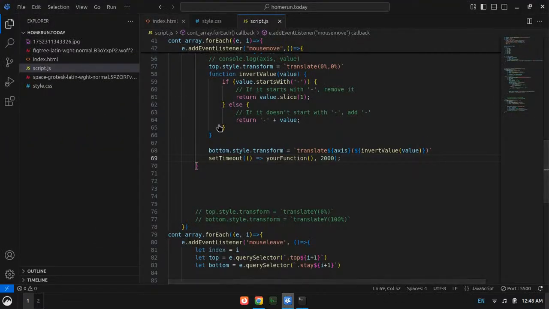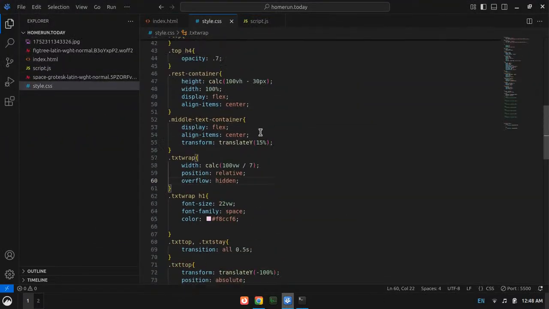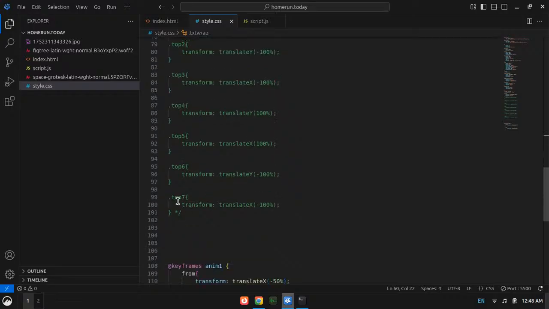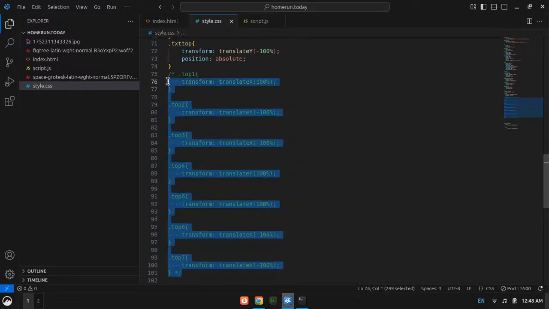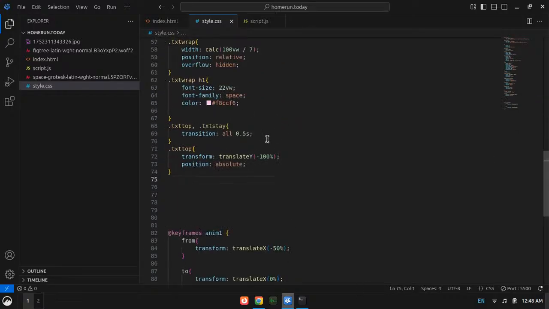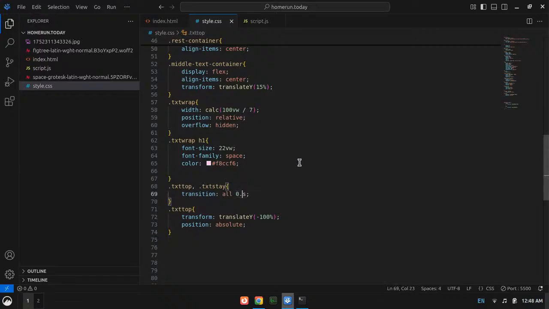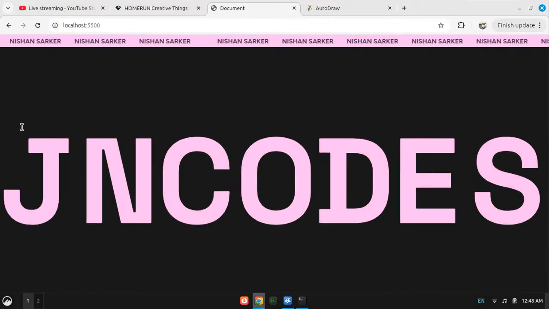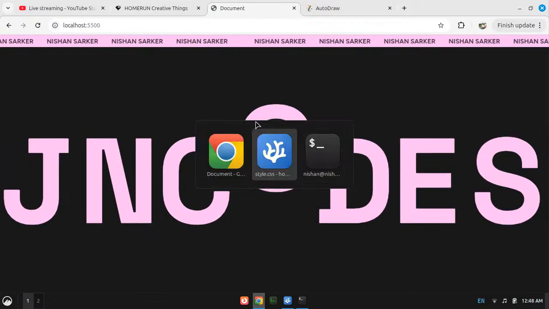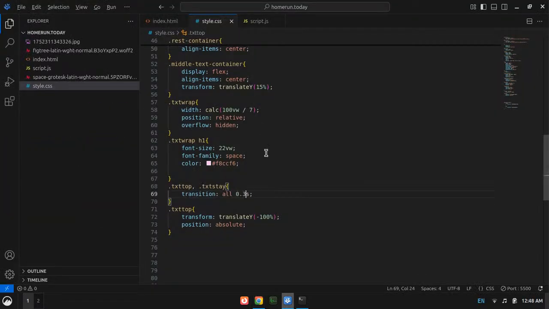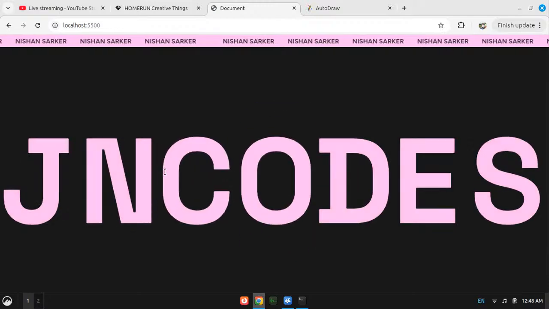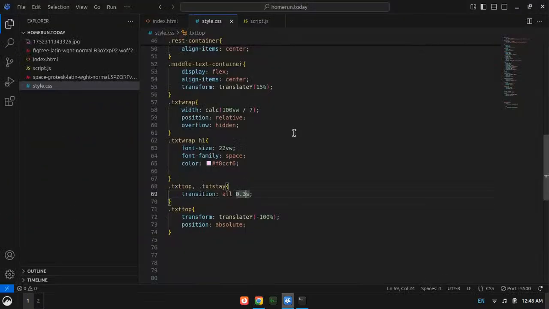And I will just reduce the transition time by a bit. Right now it's 0.5, I will set it to 0.2. Whoa, what is happening? Wait, 0.3. Nah, it's too flashy. 0.4.